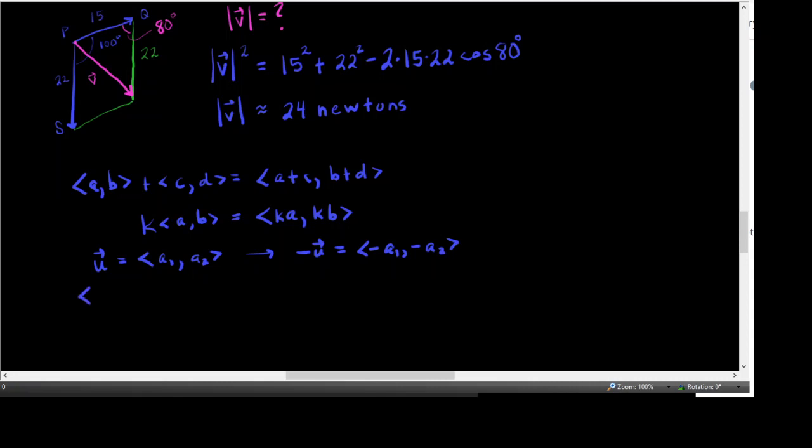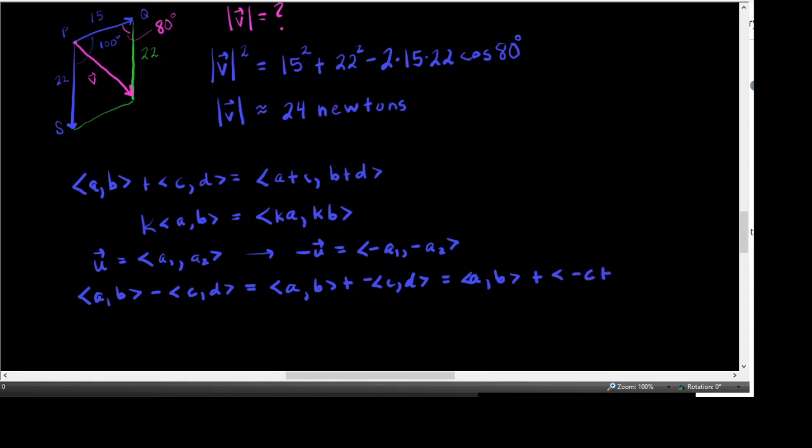And if we have one vector in component form minus another one in component form, you can think of that subtraction as addition of the opposite. So I'm going to change this into addition of the opposite of CD. And then, just like in the last line, that second thing will become, when you distribute it in, negative C